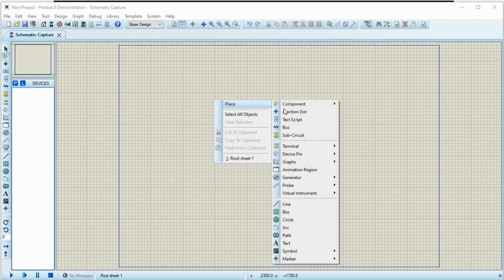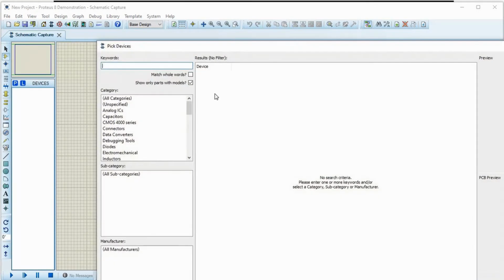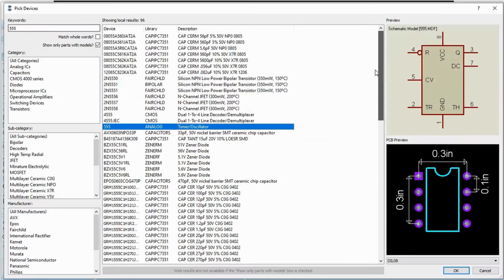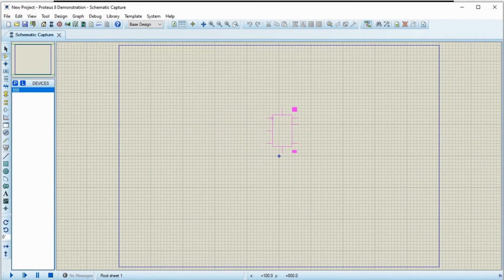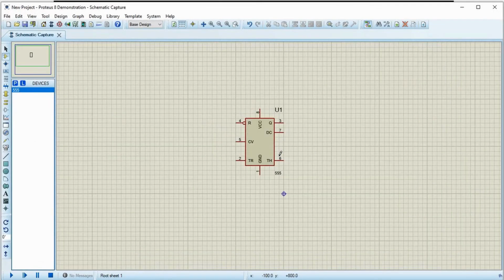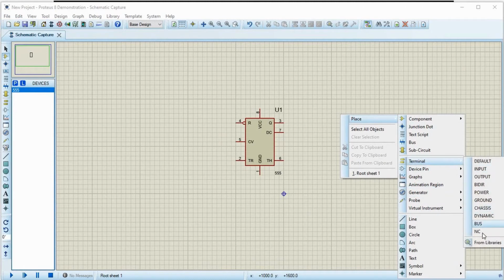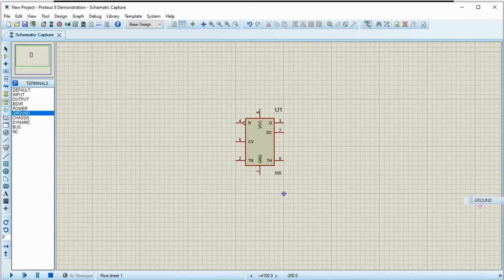Let me put a 555 IC component from the library, and then place a ground terminal.